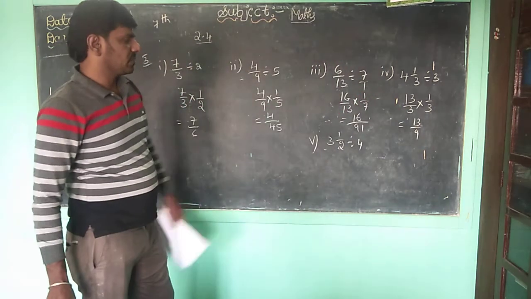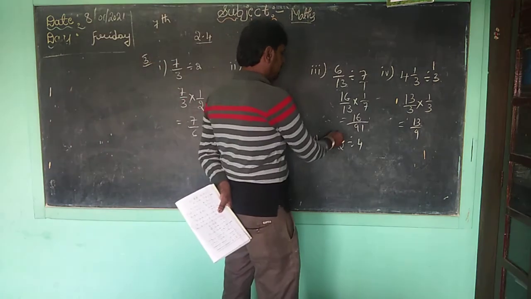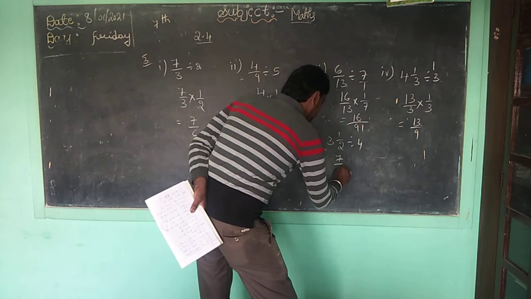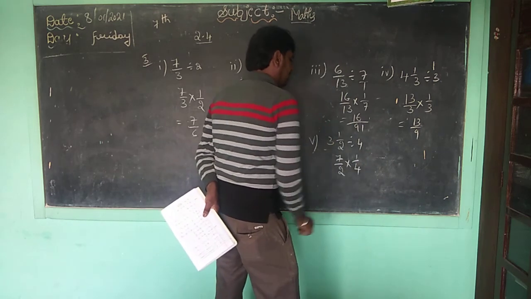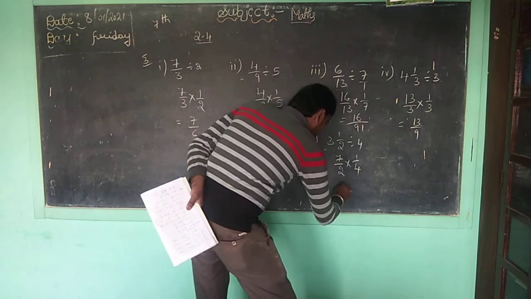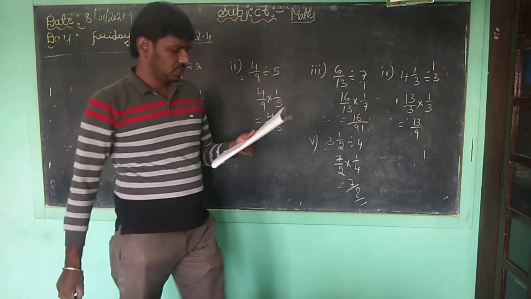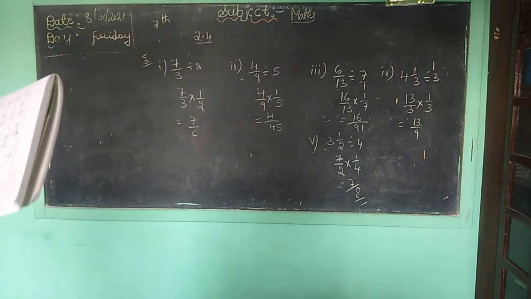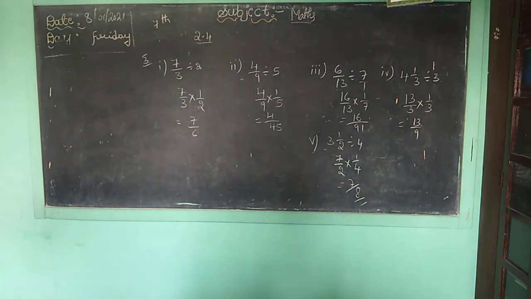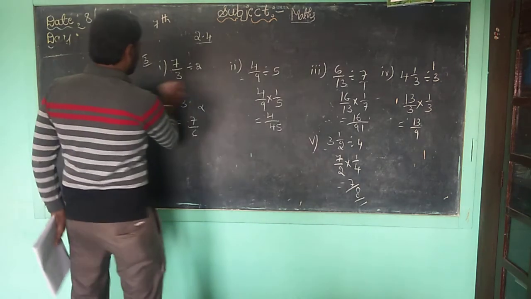Children, here also a mixed fraction is there. 3 1 by 2 divided by 4. You want to convert the first fraction. 3 2s are 6 plus 1, 7 by 2 divided by 4, so 1 by 4. Correct, children? We can represent here also 7 by 8. Very simple question. Children, now we want to take the fourth one. Okay. Shall I rub this one? Okay, thank you. Now we want to go to the fourth one.